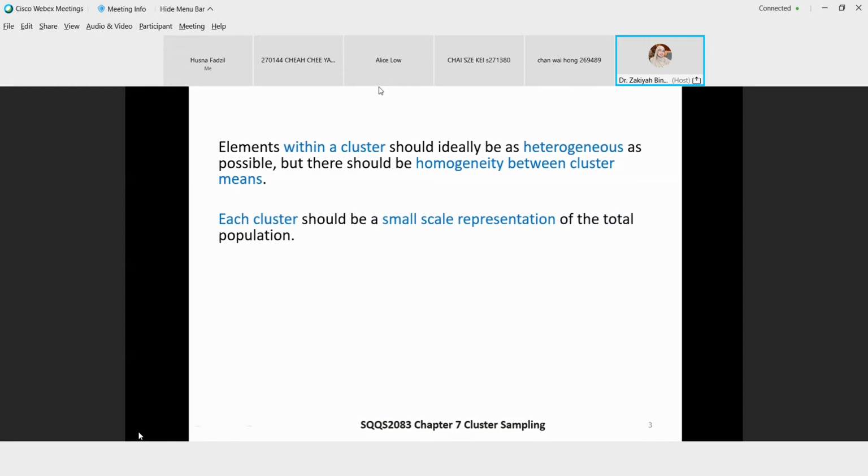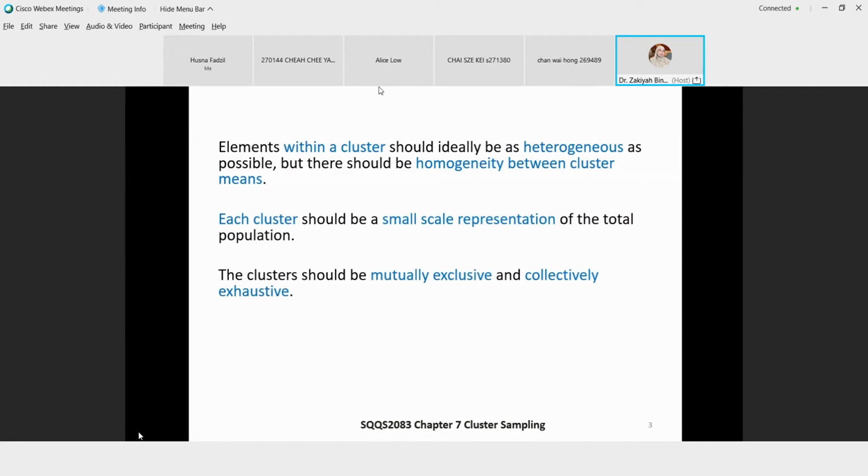The easiest thing to remember, when we talk about stratified, you think of a clinical trial, cancer stage 1, 2, 3, 4. You must segregate like that because they all respond differently to treatment, to drugs, chemotherapy, etc. That is for stratified. But for cluster sampling, each cluster is just a mini population. So if you have like 10 clusters, you have like 10 mini populations. And the beauty of that is